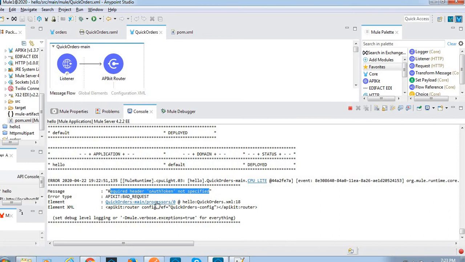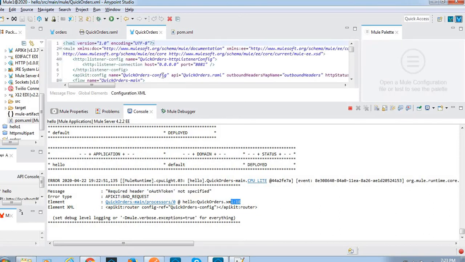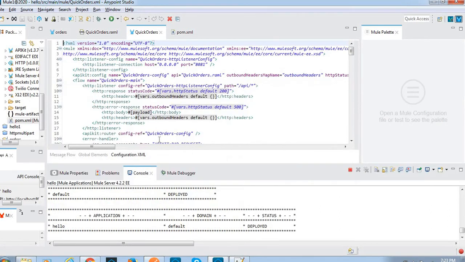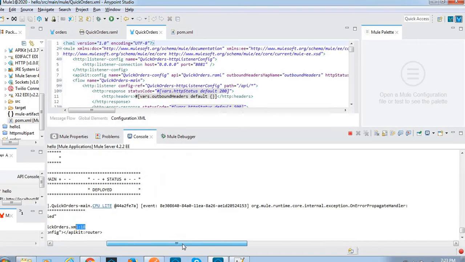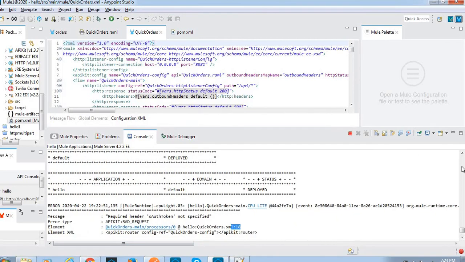In which path are we getting it? Quick orders, line number 8. Go to 18. Okay, 18. Here in the router we got, we have to identify the specific resource.